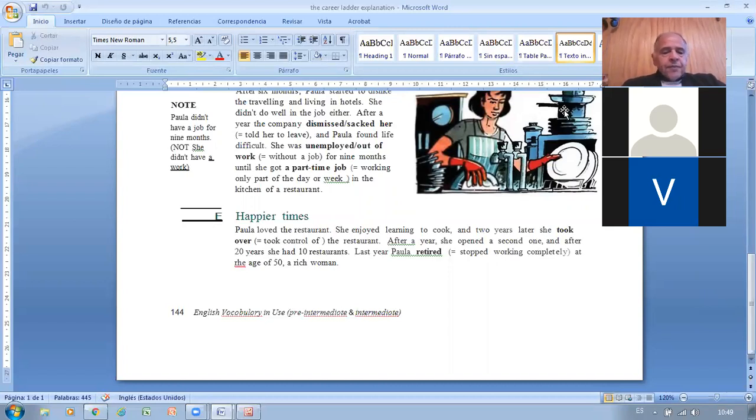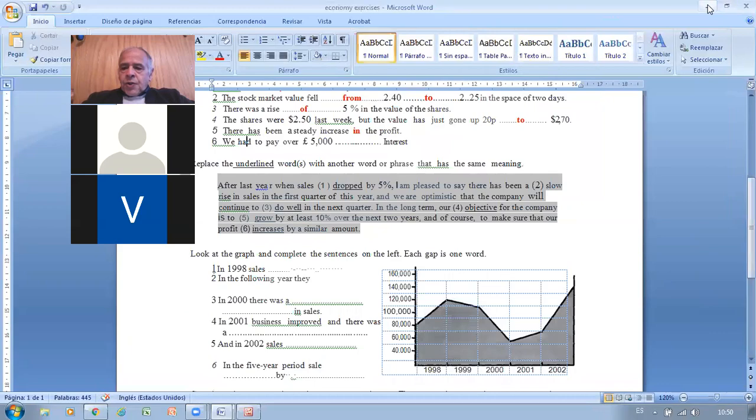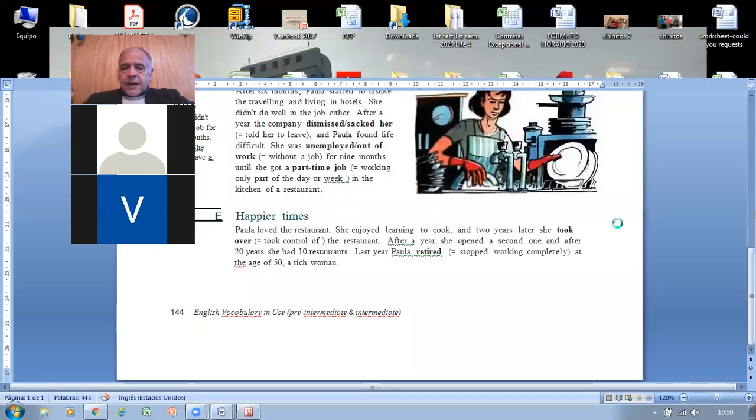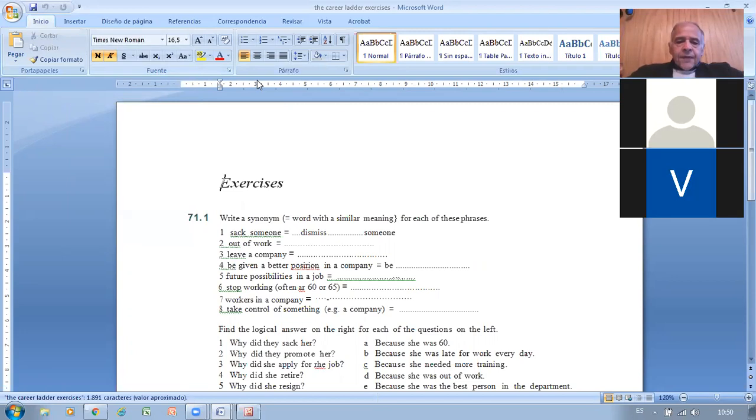Before finishing the class, because it's 10 to 11, and I know that you have classes with Miss Patty, I'm going to show you part of the exercises. I'm going to upload this today as homework. You will have to do it for Wednesday, but we can do some part of it. The career ladder exercises. You have to write a synonym, a word with a similar meaning, for each of these phrases. For example, to sack someone is to dismiss someone. Out of work,